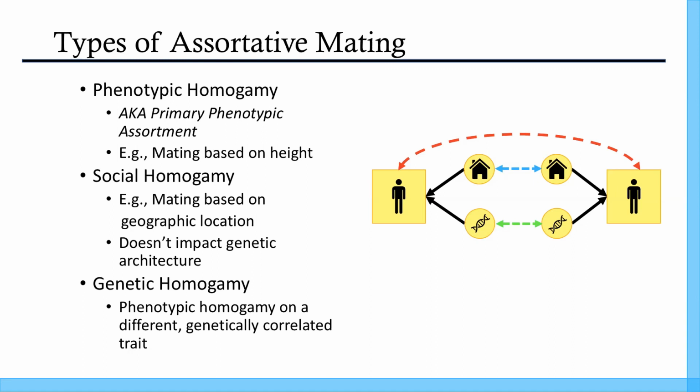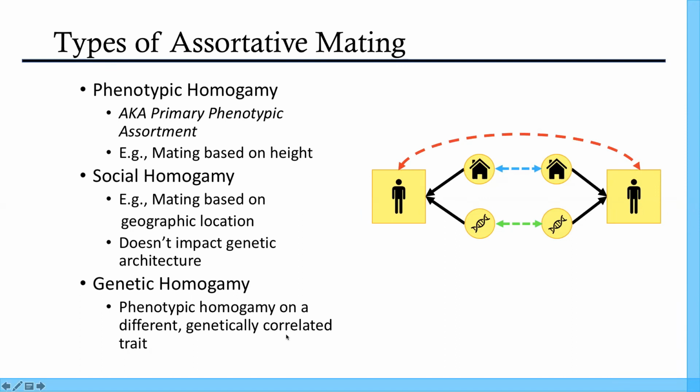Maybe that assortment is because people have an actual preference for others who are financially similar to themselves, which is phenotypic homogamy. Or it could just be that wealthy people are meeting one another through their jobs or through colleges, places that are generally restrictive to financially disadvantaged people. That would be social homogamy. But also it could be that they're not even assorting on SES at all, just a trait related to SES.